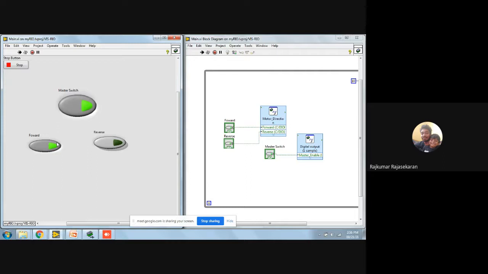So I again need to give connection to a different board. Okay, before that let me just confirm whether the motor is rotating or not. Okay, motor is fine.